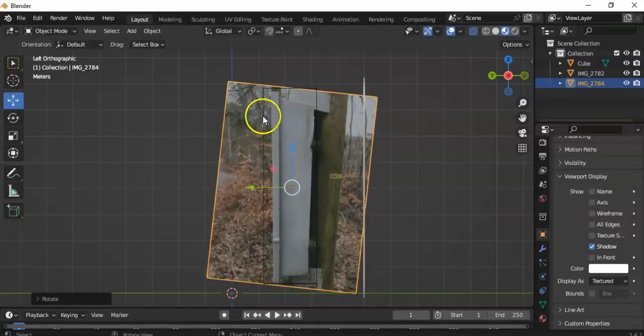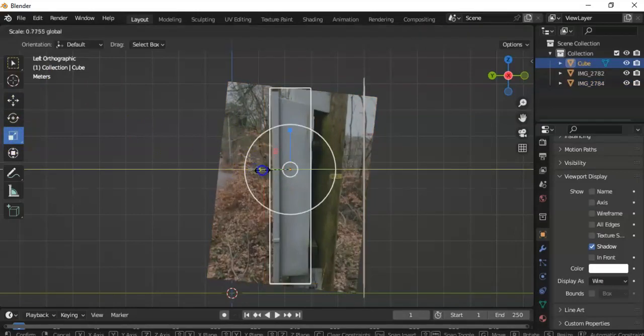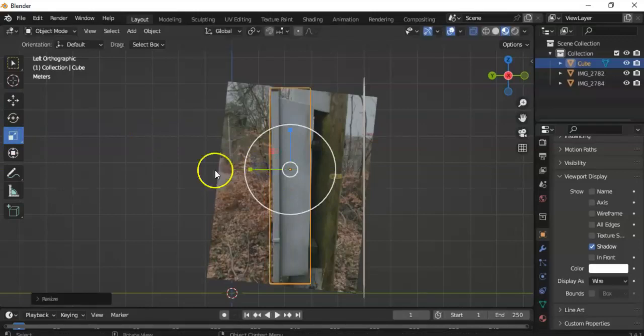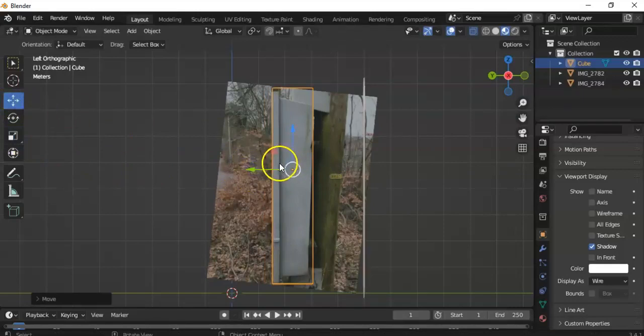Okay, so we've got something like that. And then what I'm going to do is, again, use the scale tool and just scale that down so it's kind of roughly around about that size. And that's all looking fine and dandy. I may indeed